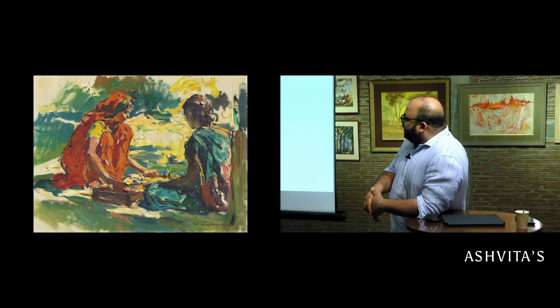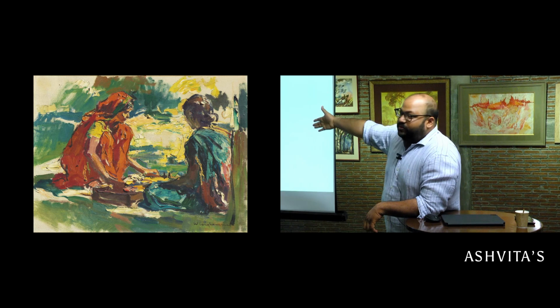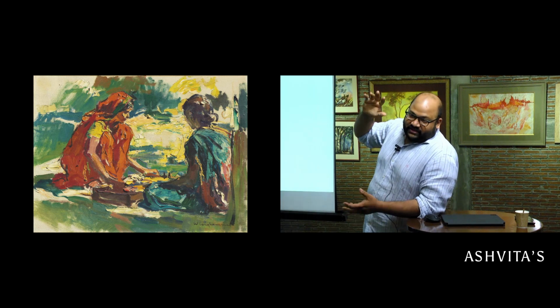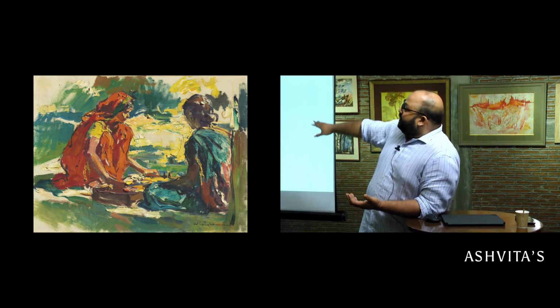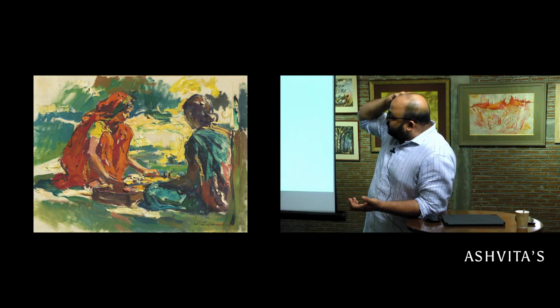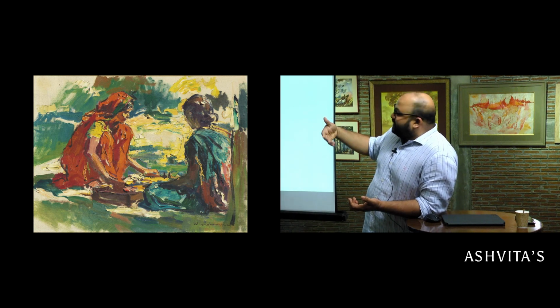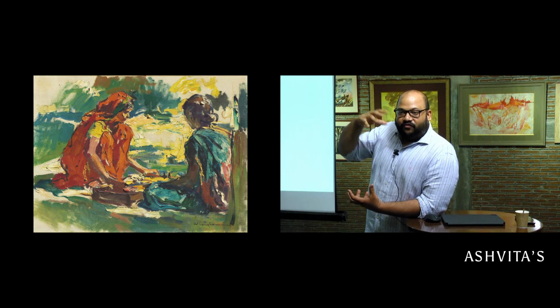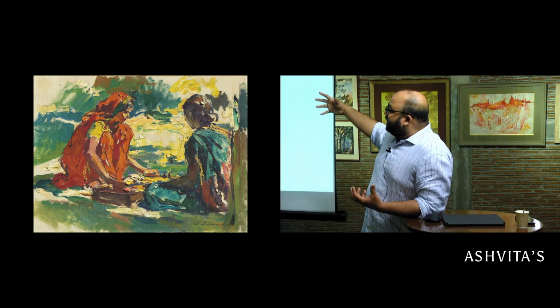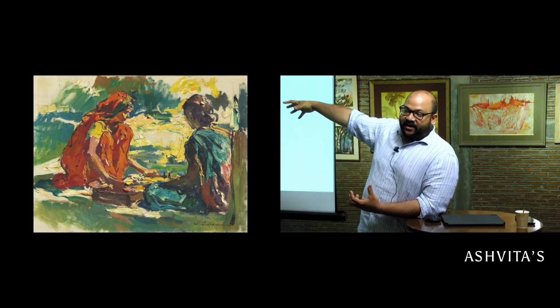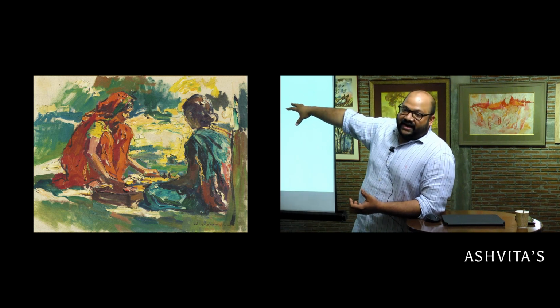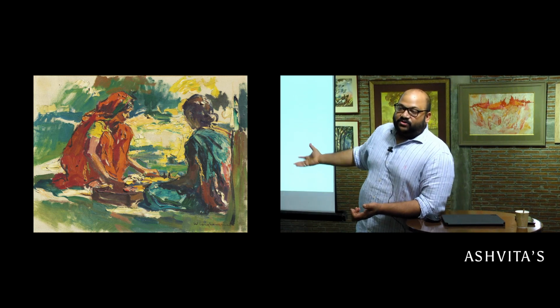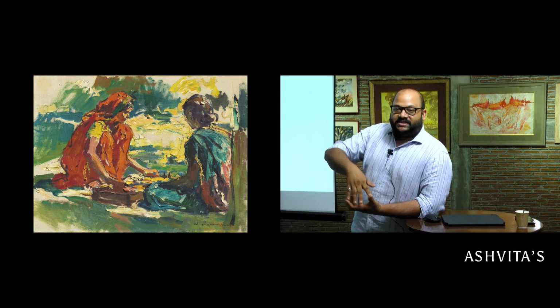So this was Walter Langhamer, who was an Austrian who came to India to escape persecution in Europe. He moved to Bombay. He also is painting like this. Of course, he's academically trained, so he does oils on canvas, but he's still painting in that similar style where everything is just applied. It's not fully developed, but they're capturing the light and the shade and the shadow, because he also was the head designer for Times of India. So whatever he was doing was also being published in the magazines.